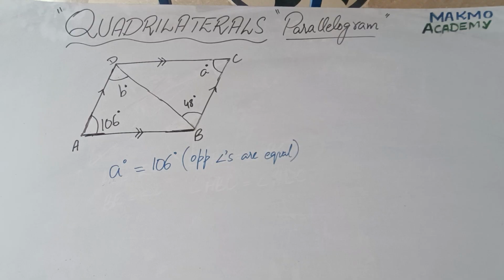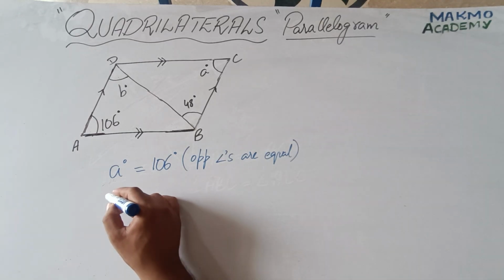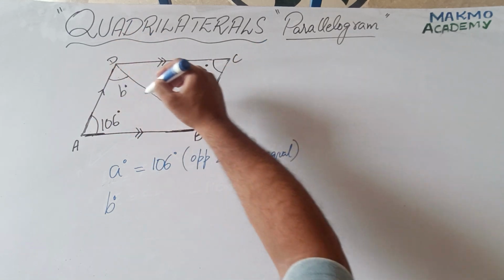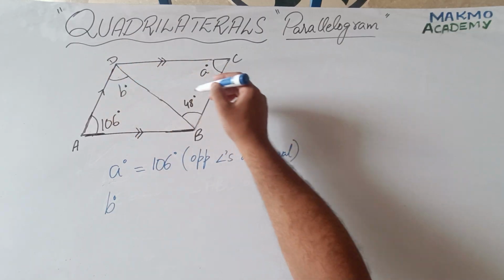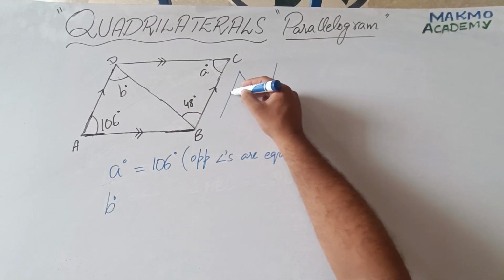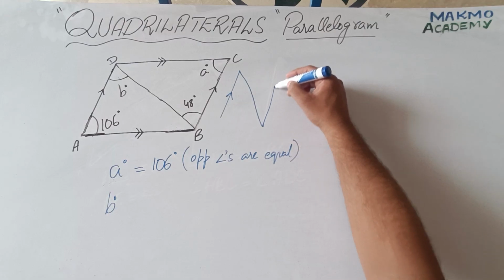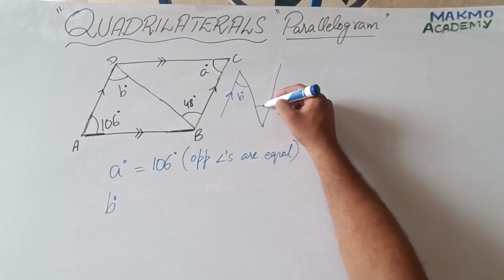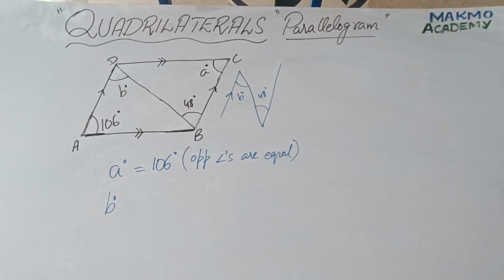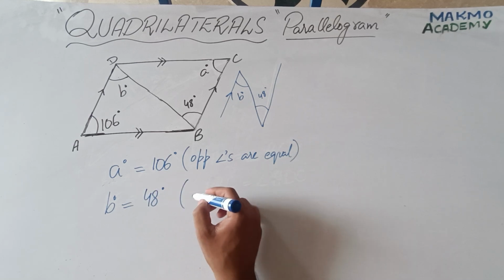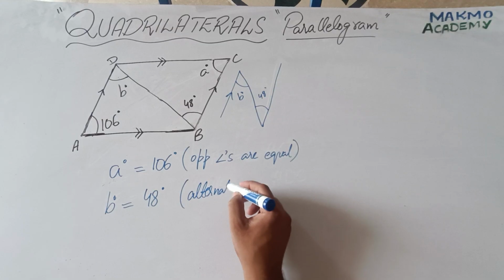Similarly, now we have discussed all the properties in the previous videos. If you look at this, it is making a letter Z, since these two sides are opposite parallel. If these two sides are parallel, now look very carefully over here. This side and this side, these two sides are parallel with each other, so this line would work as a transversal, and this is making a letter Z, and these two are the alternate interior angles. So it means that these are alternate angles, so b is equal to 48 degrees. So we will write alternate angles.